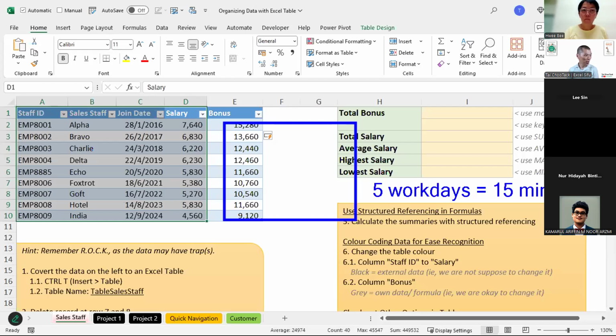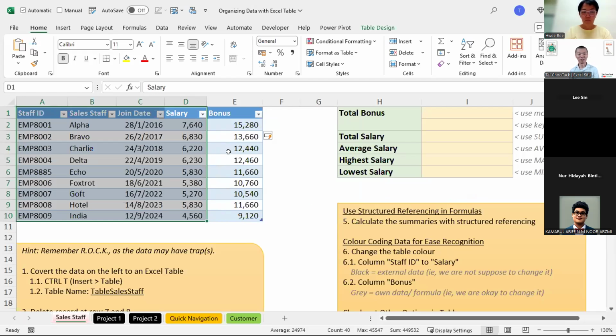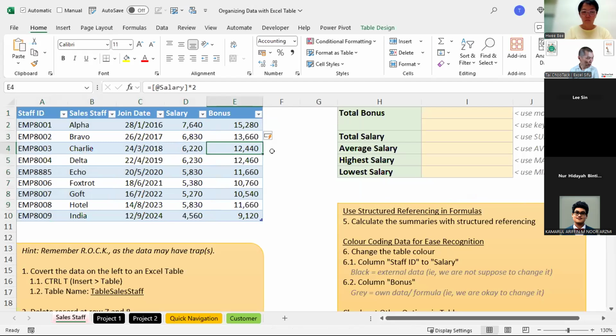Does it work for another worksheet? What do you mean by another worksheet? I'm not quite sure about your question. Yes, this one is a very true story. Okay, so until I get more understanding,